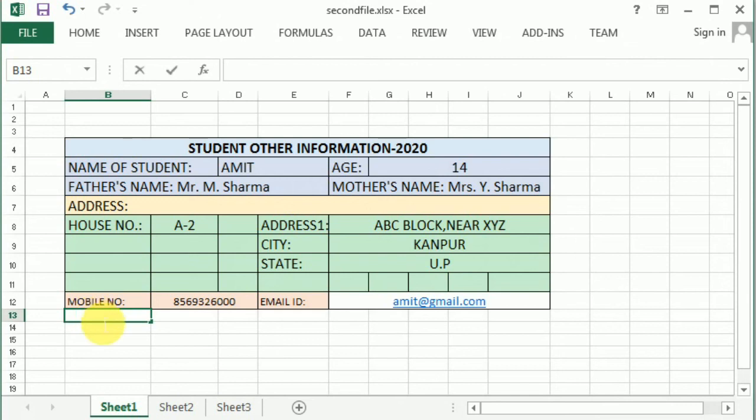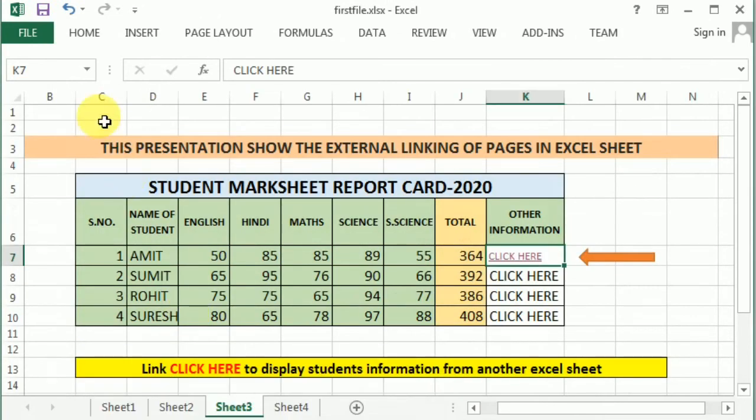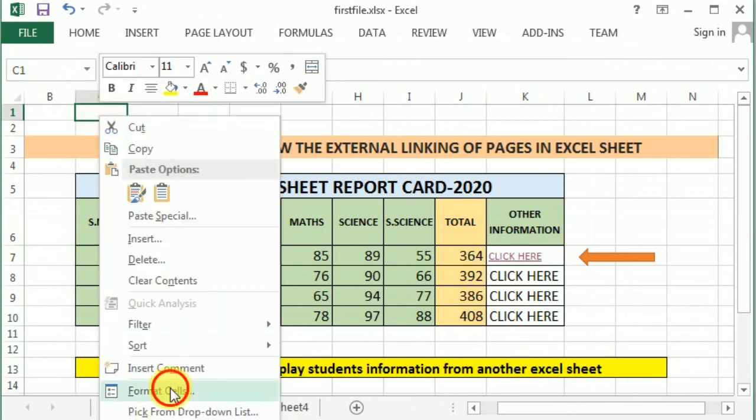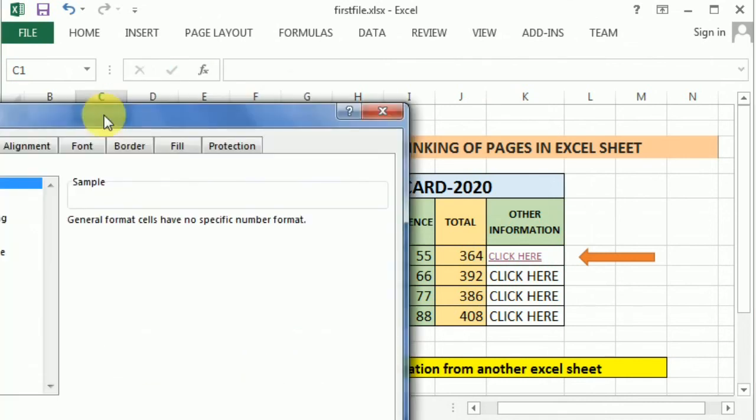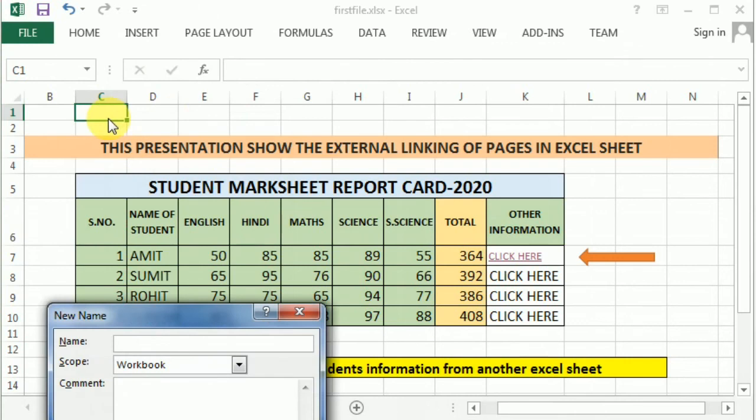So I create the go back link. First I move to the first file. Here select the cell, right click, Define Name, go back sheet 1.